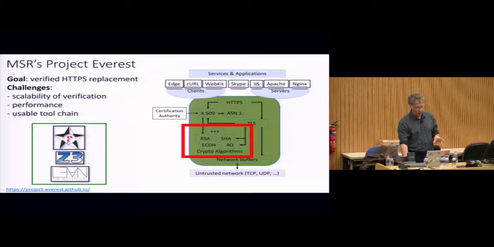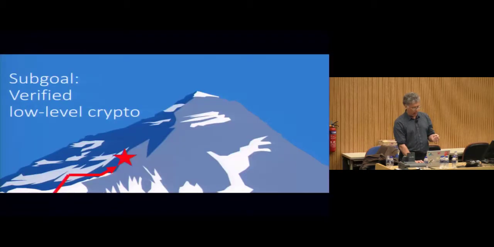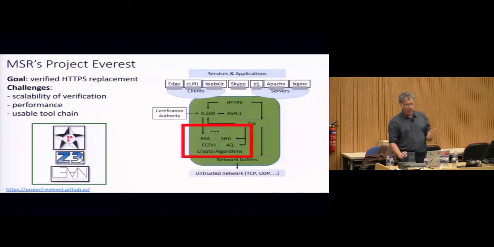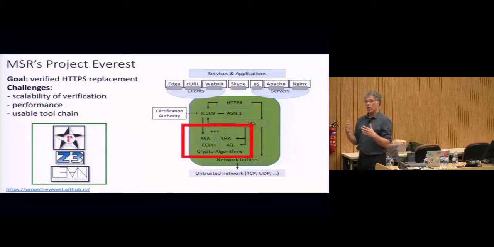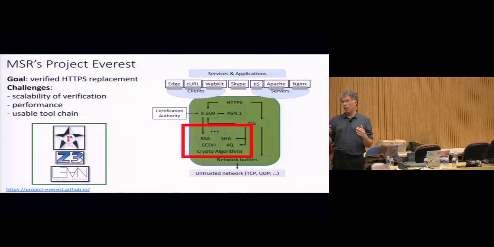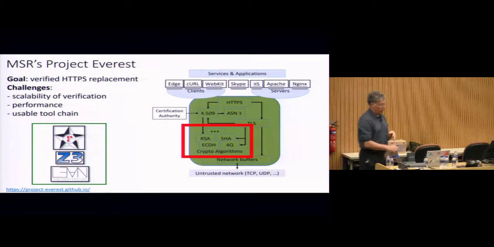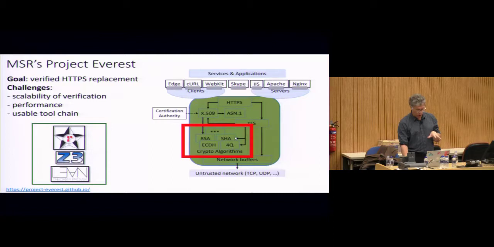At the top is a new language called F*, which is a functional language designed based on F#, and it uses Z3 because F* has a very rich specification language that you can reason about not just the types, but about constraints on the types: the fact that you might have integers and inequalities and bit vectors, and all these logical constraints are being discharged by Z3. And in this talk, I'm only going to focus on the part of Everest that's looking at crypto.